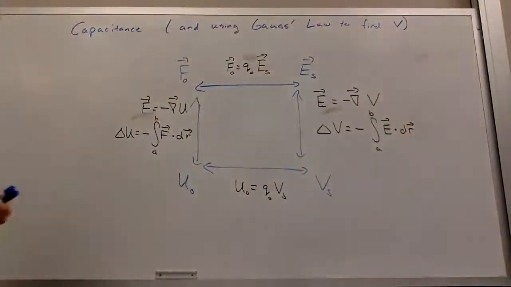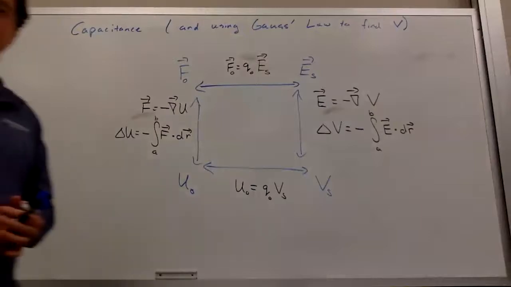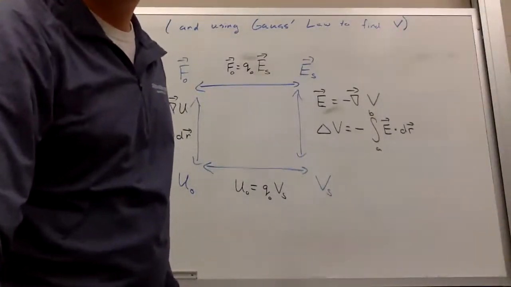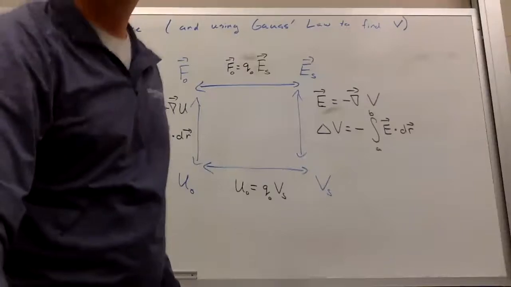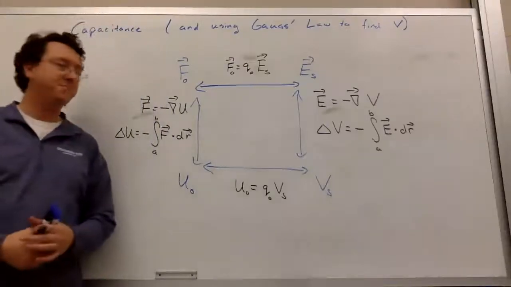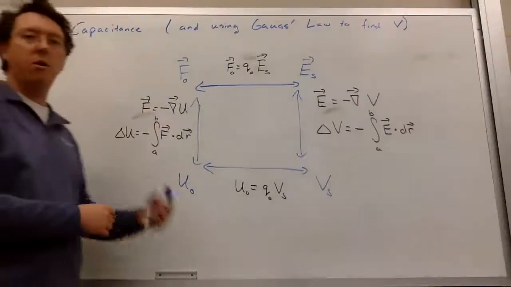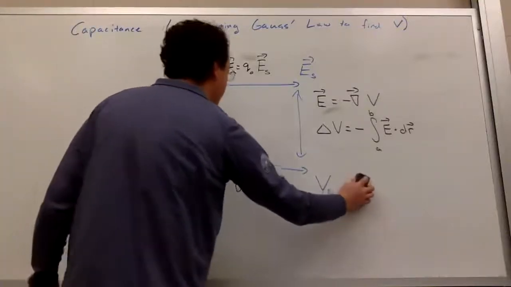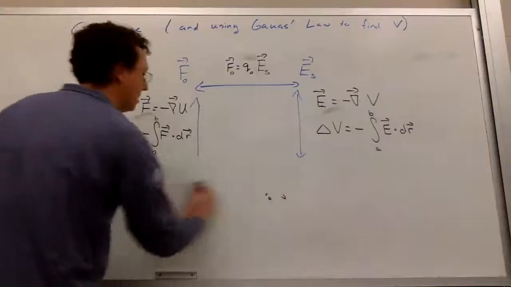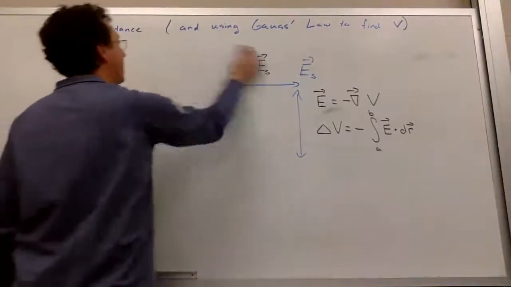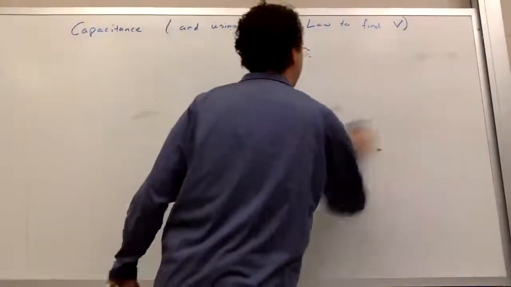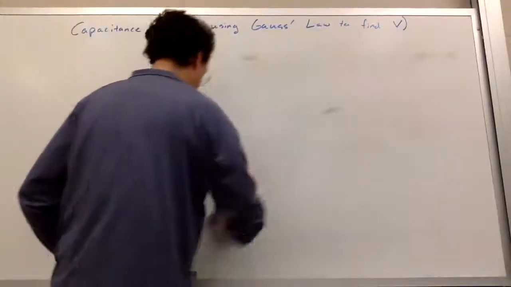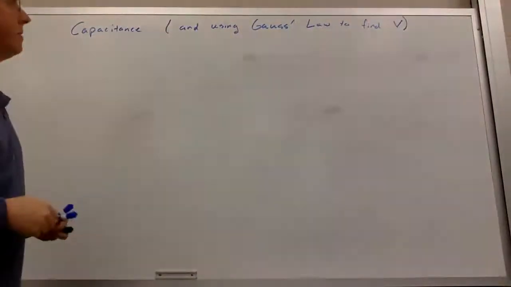Okay, so that's kind of our rectangle of pain and suffering, if you want. So that's the rectangle that maps out how all the quantities are related. So it's useful to write it out just so we know what to do. All right, I'm going to erase that. Very good. Okay, so